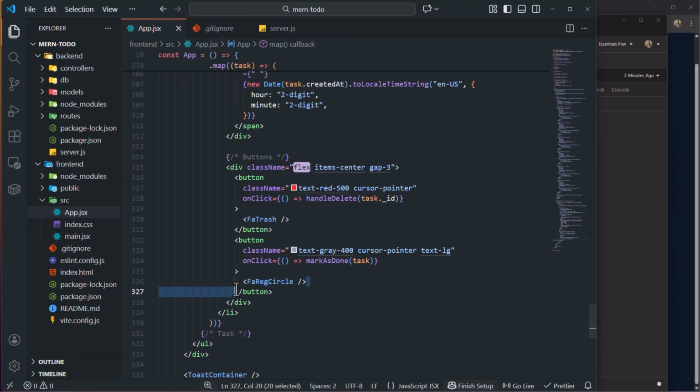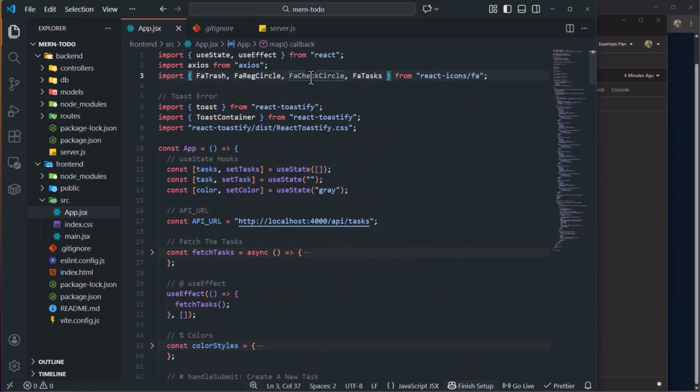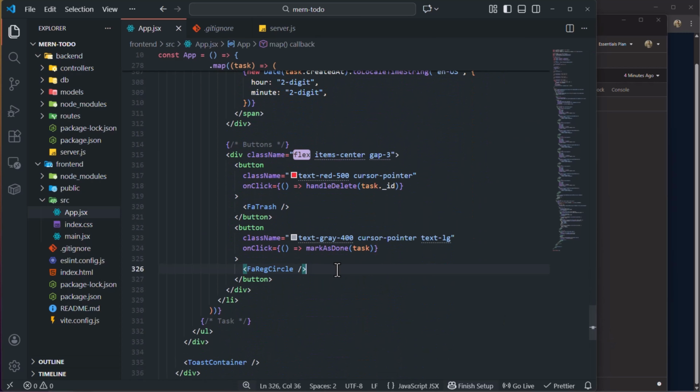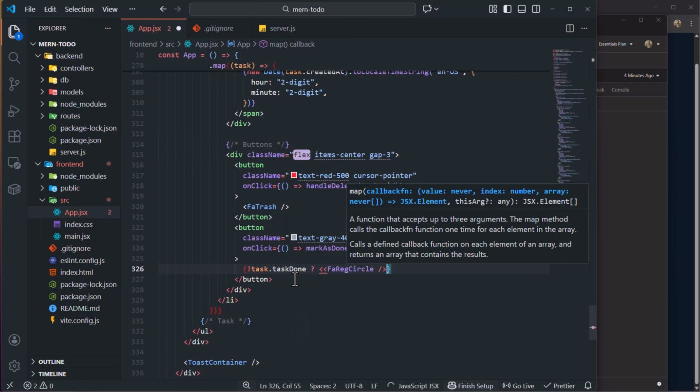So this icon is a circle, but if the task is done and the situation is true, we actually want this check circle icon instead. It's easy to do. Let's cut this circle, and inside that button, let's open and close curly braces. Let's say if the task is not done, if the task done is not true, we need to just show